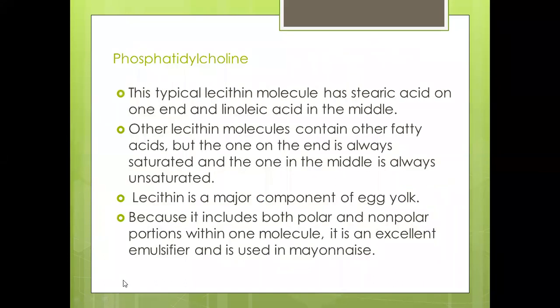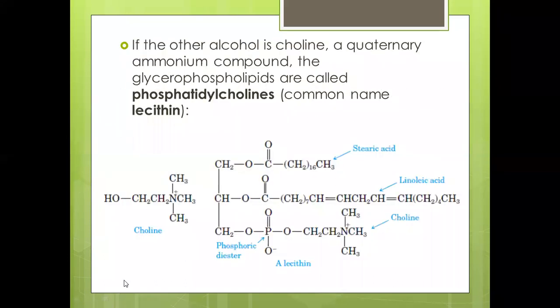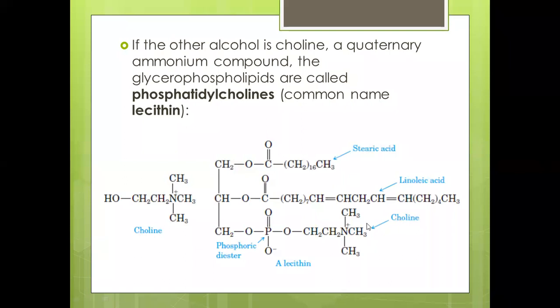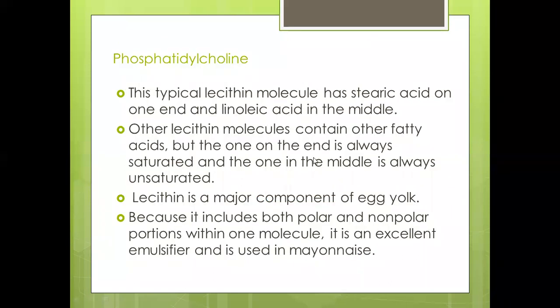Okay, let's move on. So you have your lecithin as an example, and then you have also your phosphatidylcholine. This is a typical lecithin molecule, with a stearic on one end and a linoleic in the middle. So lecithin, or phosphatidylcholine, is a phospholipid with a choline. Lecithin is a major component of the egg yolk, and you have other lecithin molecules that contain fatty acids, but the one on the end is always saturated and the one in the middle is always unsaturated. I've already mentioned this one. But an example of phosphatidylcholine, wherein you have